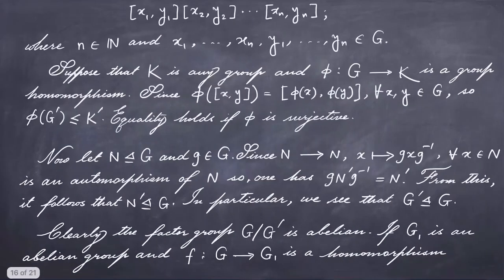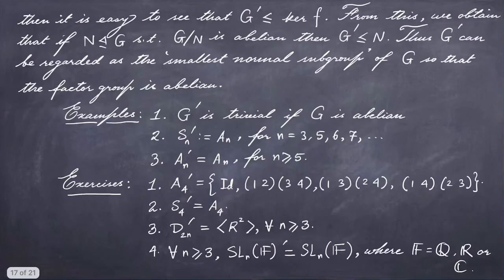Let me again explain. We first established that G prime is a normal subgroup of G. Then we see that G modulo G prime is abelian. Now if N is a normal subgroup such that the corresponding factor group is abelian, then that normal subgroup must contain G prime. Therefore, if from G we want to obtain an abelian group by considering a factor group, then we must consider at least